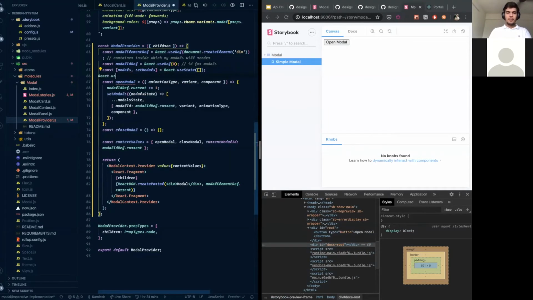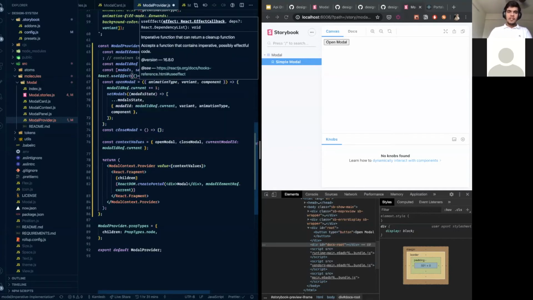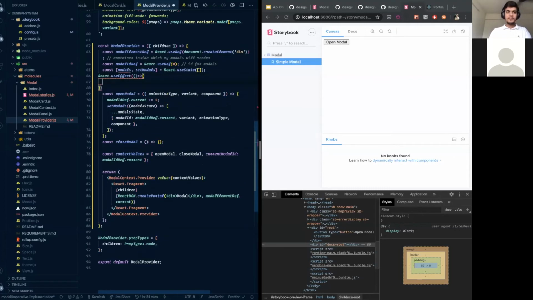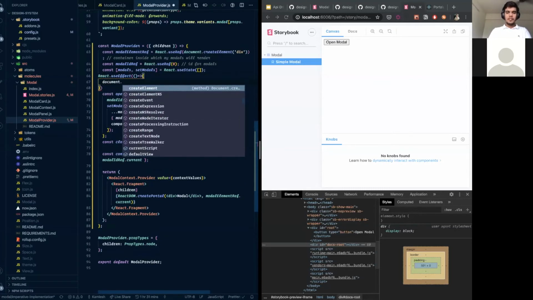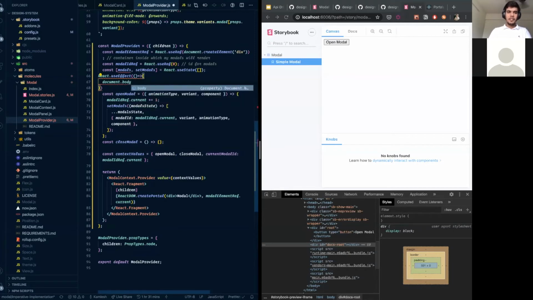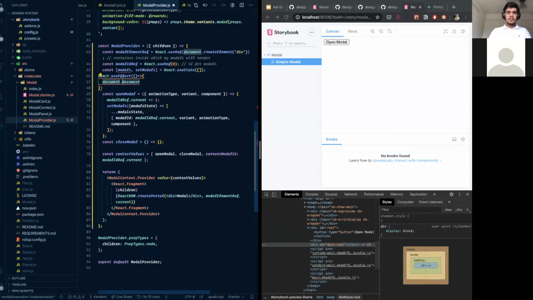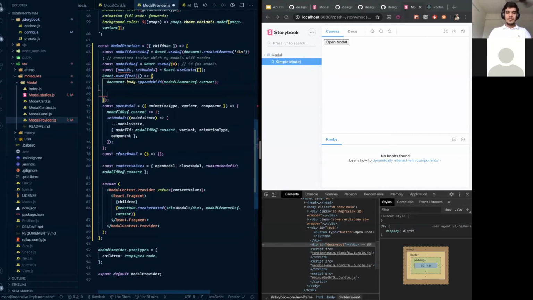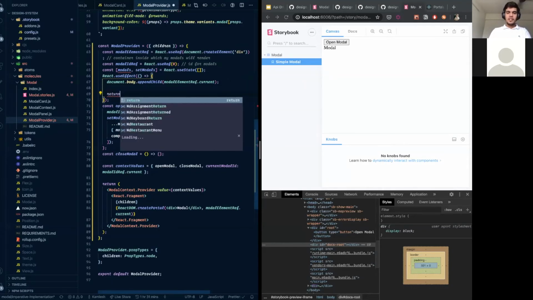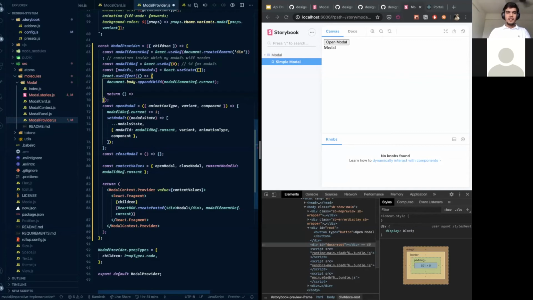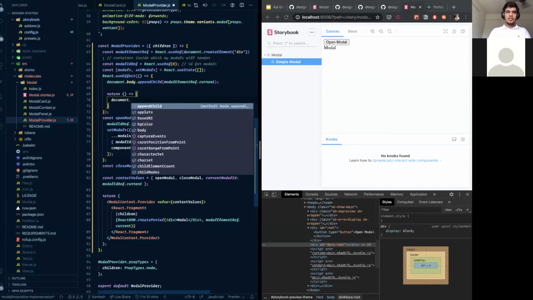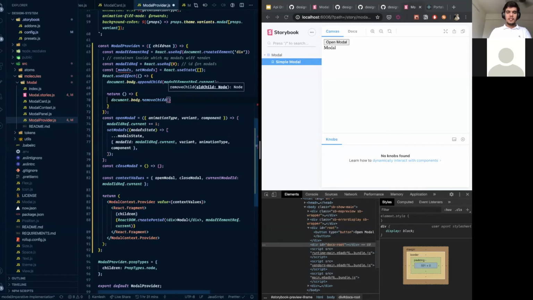What I'm doing is I want to do React.useEffect, and then over here I want to say document.body.appendChild, with modalElementRef.current. And when I'm returning, which means it's a cleanup function, I want to say document.body.removeChild with the modal element.